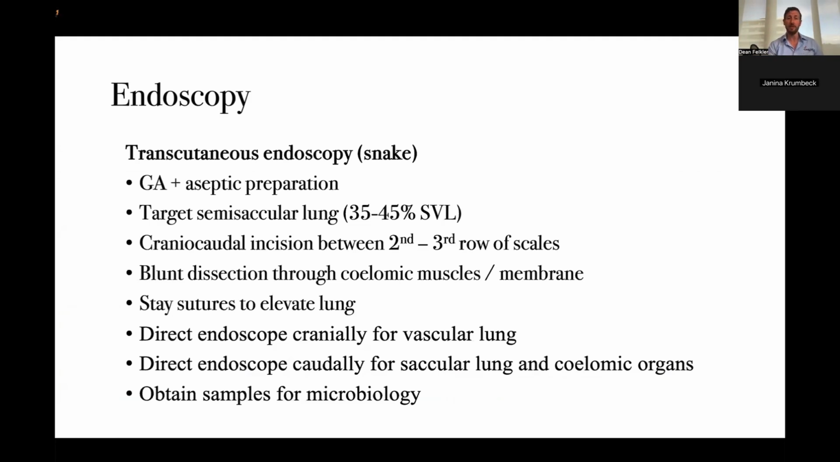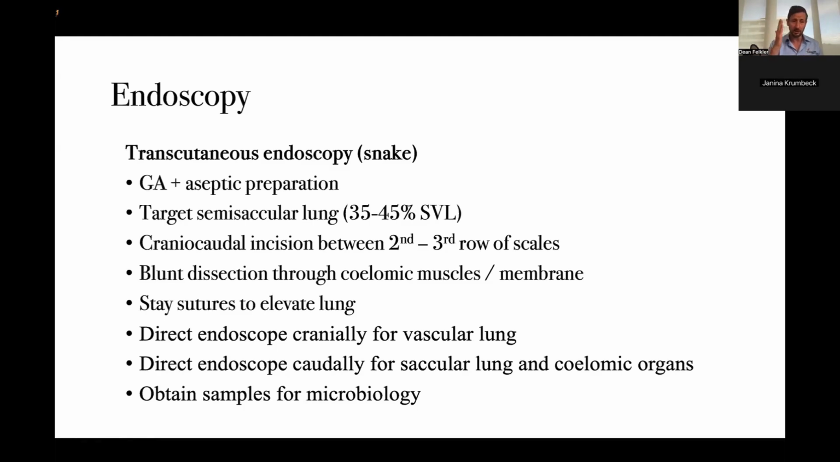Equally with snakes, they've got such a long trachea, unless you've got a really long endoscope, the thin flexibles might be your best option. You're probably not going to get all the way down into the lung tissue. So an option is a transcutaneous endoscopic approach, and that is where you anesthetize your patient, aseptically prepare the area,